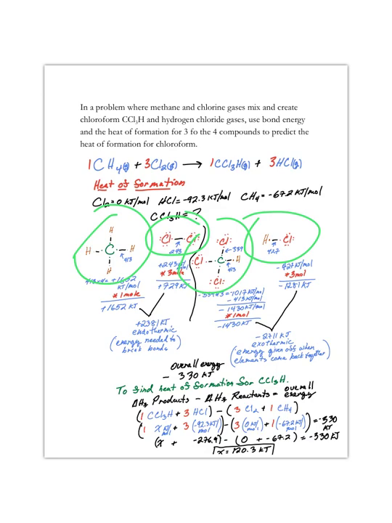When doing that, you have to make sure you're multiplying your totals: methane by 1, your chlorines by 3, your chloroform by 1, and then your HCl by 3. Then you add them all up. I got a positive 2381 kilojoules endothermic because it's on the left side, and then my exothermic side is negative 2711. When I combine the two, I get a negative 330, which is really important